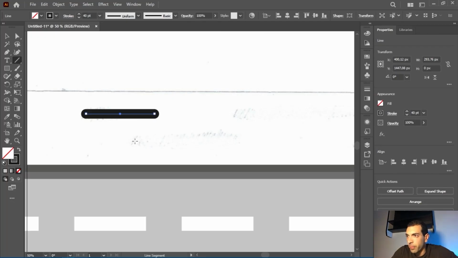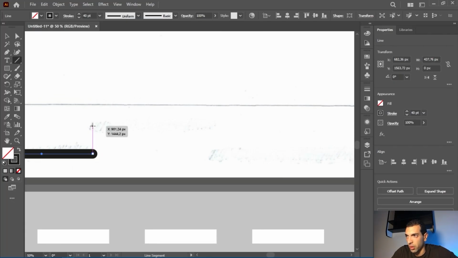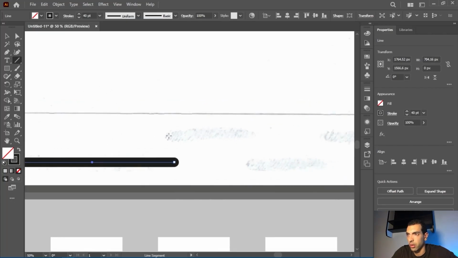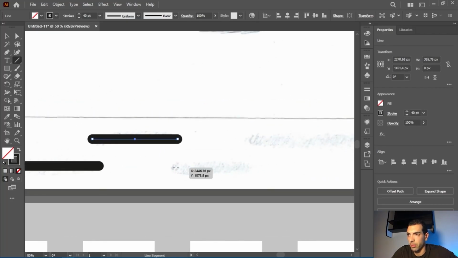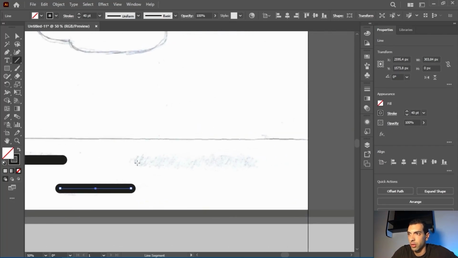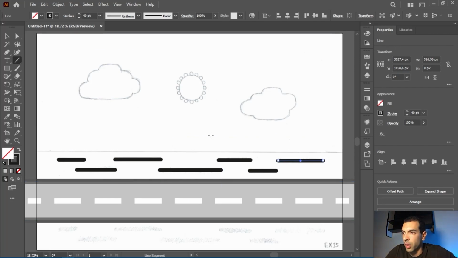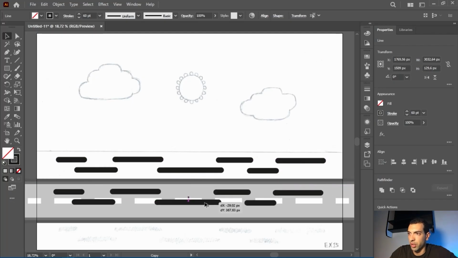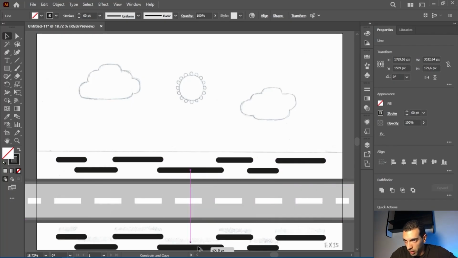With the same settings, press shift, another line. Press shift, another line. Just like this, press shift, another line. Press shift, another line. Another line. Just like this. Press V to access the selection tool. Maybe I can make it even thicker than this. Let's try 60. Now select everything, press Alt and Shift, duplicate and keep it on the same line, and